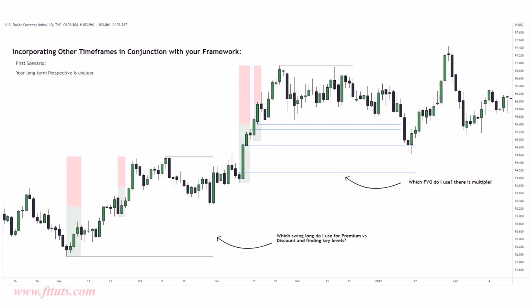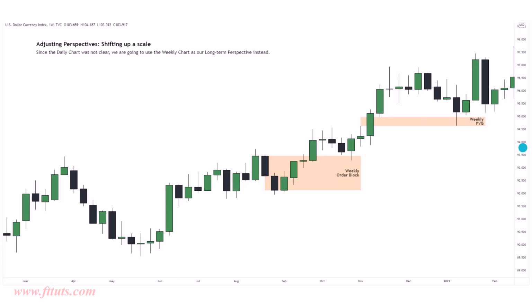So that would mean if I'm using the daily chart as my long-term perspective, I'm going to shift up to the weekly chart, and I'm going to use the weekly chart to help me identify some key levels if I can't see them on the daily chart. So the first one is